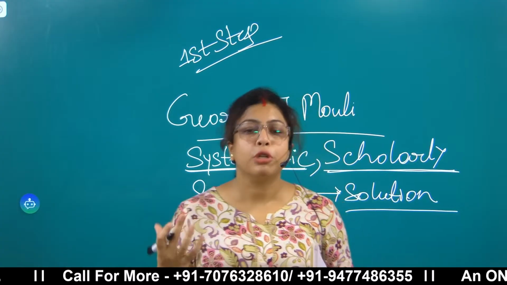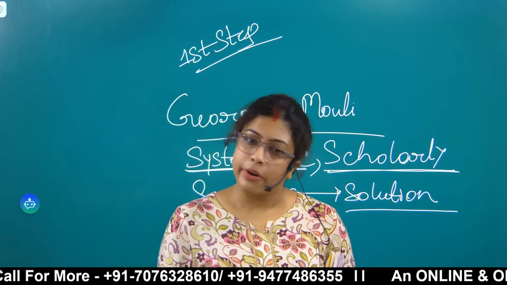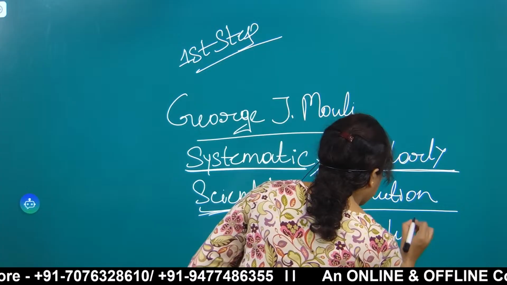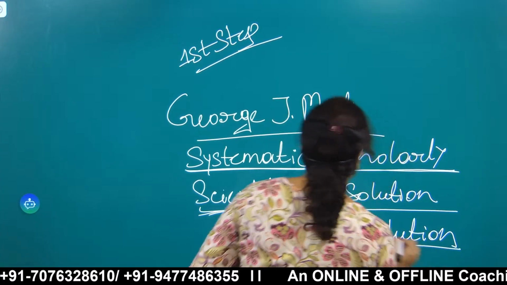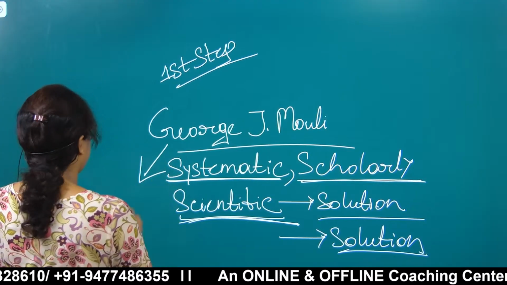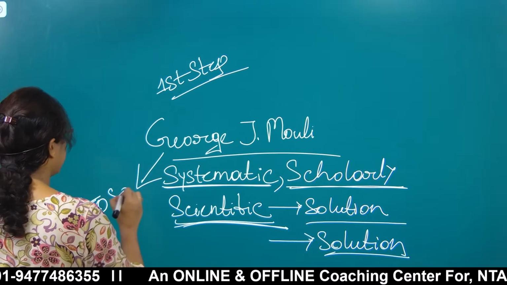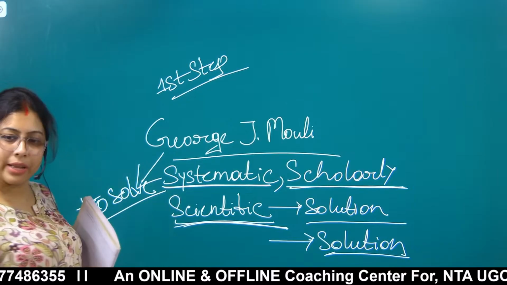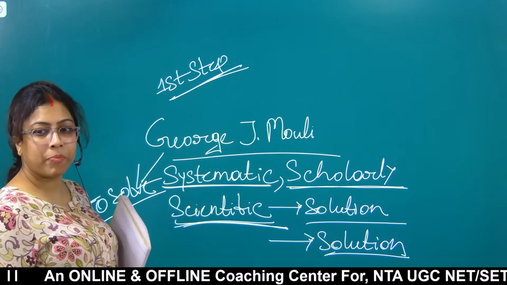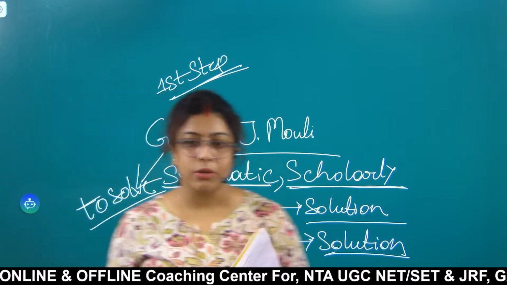A problem that has been created, finding a solution to it is the work of research. Right? The solution. So it aims at the solution. To solve. What is the aim of the research? To find out the solution or to solve a problem. Then what is the first step? I have mentioned it in this discussion.